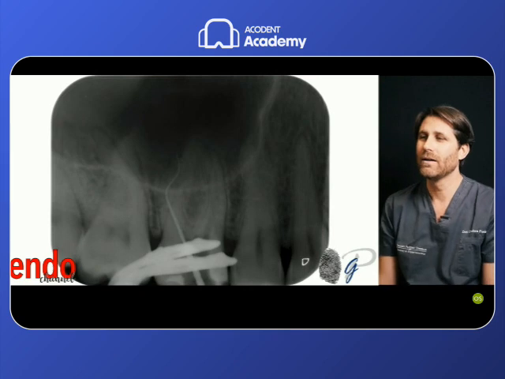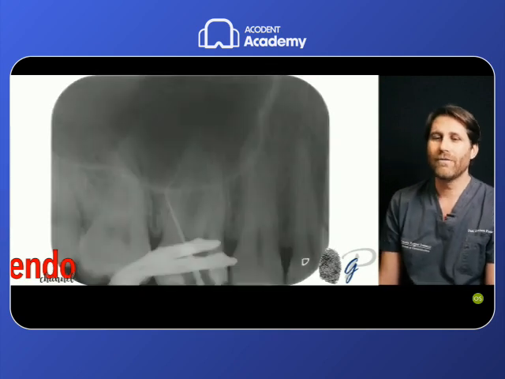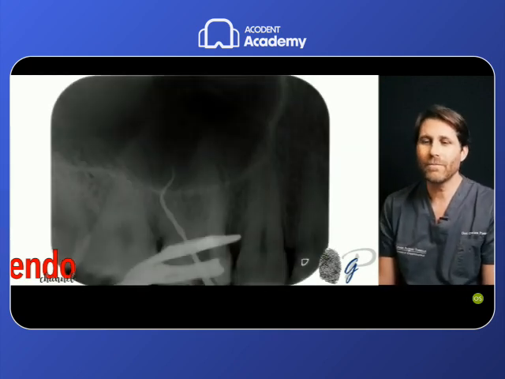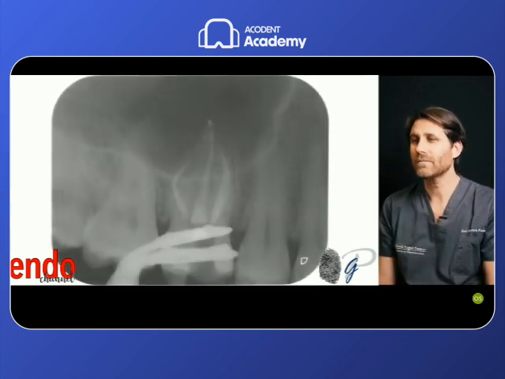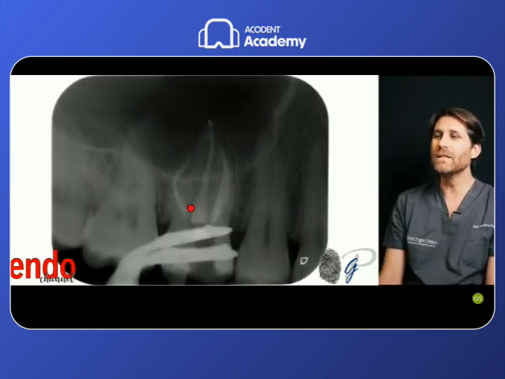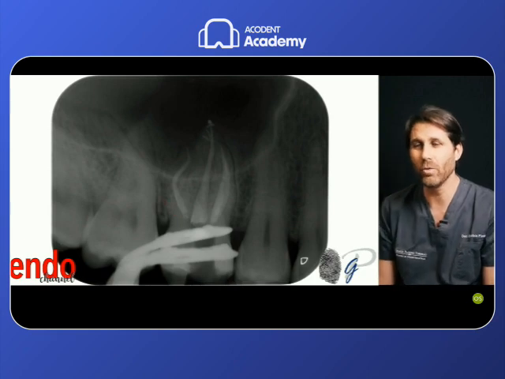Another similar case: first file, file in the middle, file for the preparation, and final obturation of this double curved root canal, very difficult to be treated.